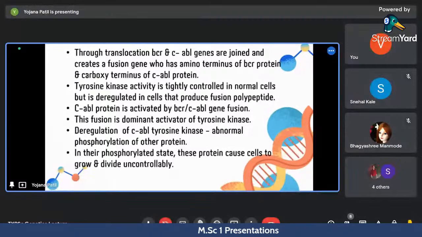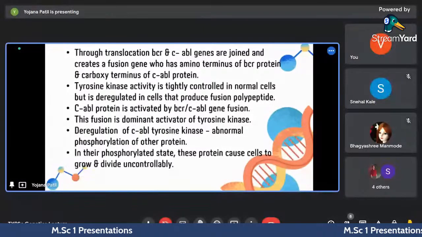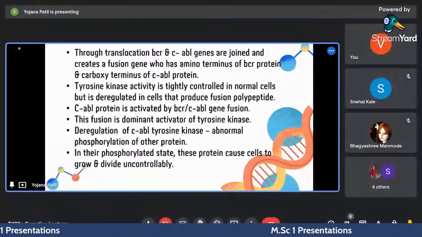हाँ sir. No sir. No, no, wait sir. नहीं सर, ब्रेक पॉइंट क्लस्टर रीजन ही है। हाँ सर।